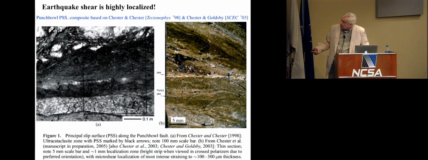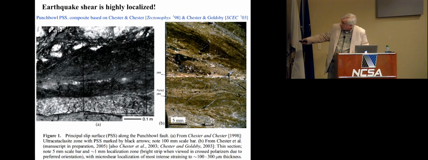And the point that Judy and Fred Chester made is that, in fact, this slip seems to have been accommodated on an incredibly thin zone marked by those black arrows. And then with David Goldsby, they made thin sections here. So here's a blown up scale. That black line is 5 millimeters. So this light area, which contains the slip zone, is about 1 millimeter wide, and the actual localization within it